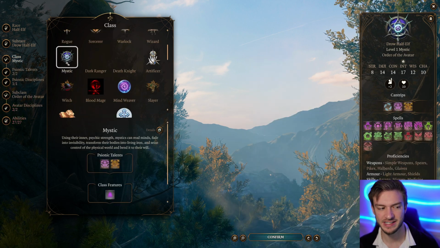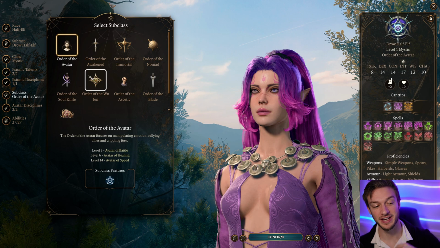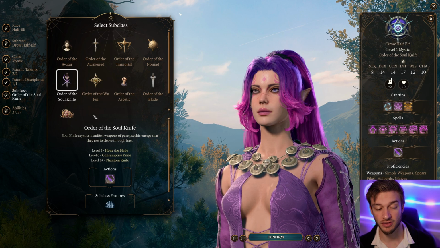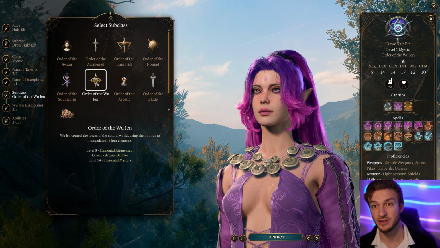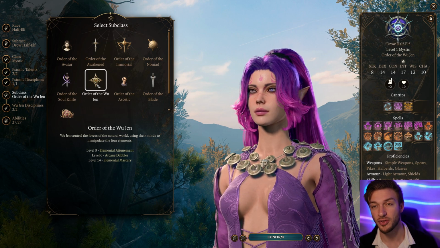But with the Mystic, you have 9 different subclasses. So this gets crazy because things like the Soul Knife, this is almost like a thief class. You can also go with throwing and using the soul knives to throw for your attacks. Order of Wu Jen, this is almost like a wizard. You actually get spell slots with this one. This is the only version that gets spell slots, and you get level 3 spells,